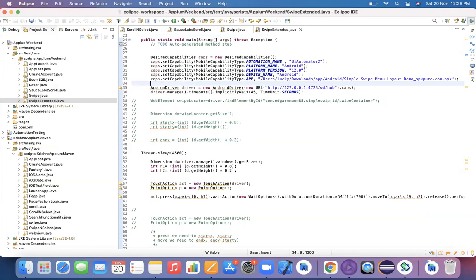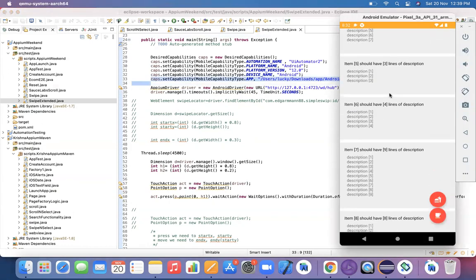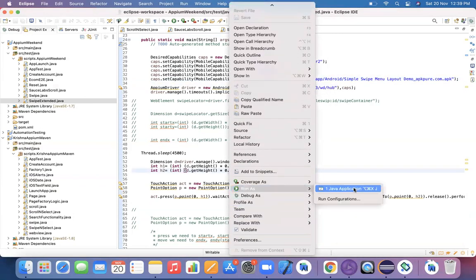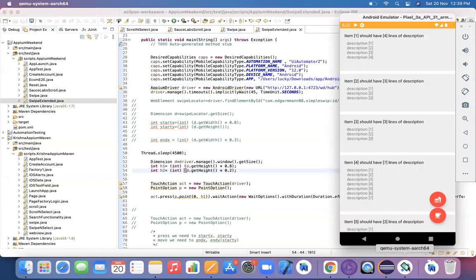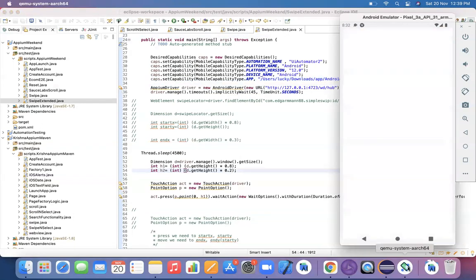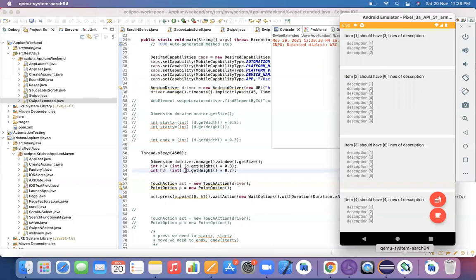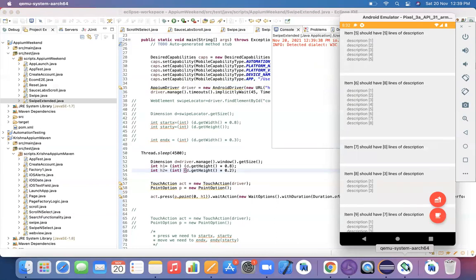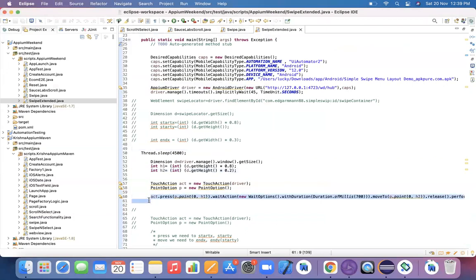Okay, guys. So here, what I have done is only change the application file. Other than that, I haven't changed anything. So when I run my test script as a Java application this time, let us see what exactly it performs. Instead of the SaaS demo, I have given this particular scenario, and see here, it got executed. One thumb rule you need to consider is that this is the vertical scroll logic we have created in a Sauce Labs application.